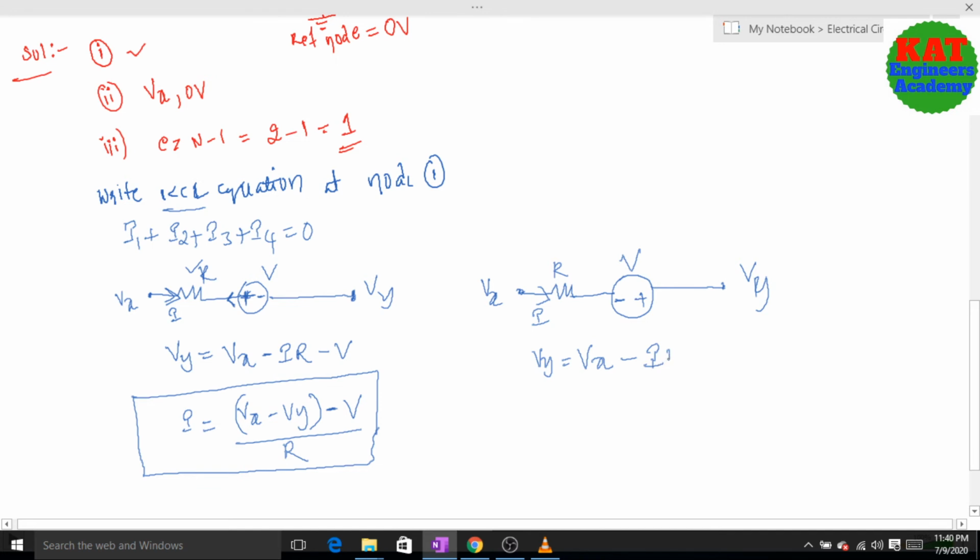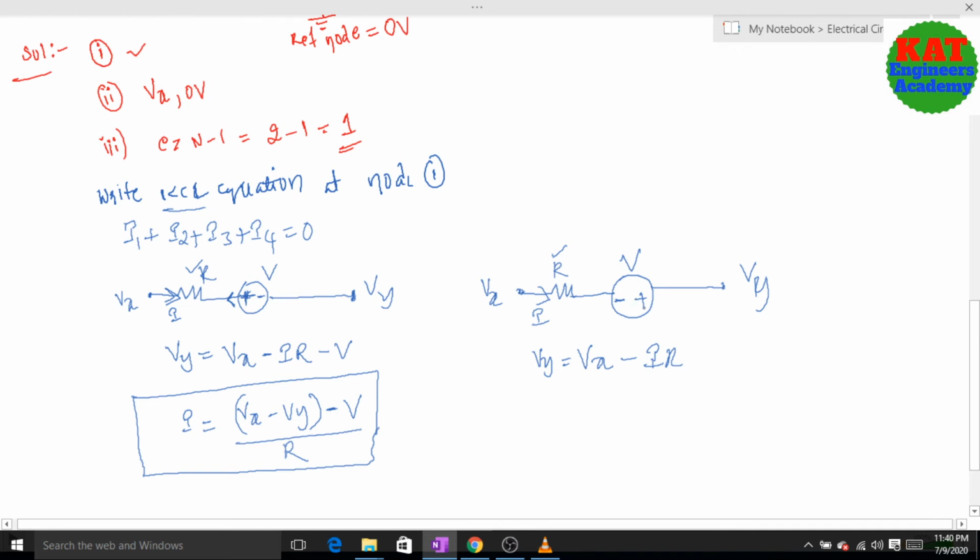So finally we have to calculate what the voltage here is. The voltage here is nothing but the initial voltage minus the drop, always you have to consider. So finally Vy equals Vx minus the drop across the R element, minus I into R. Next, whether we have to consider this V as plus or minus.